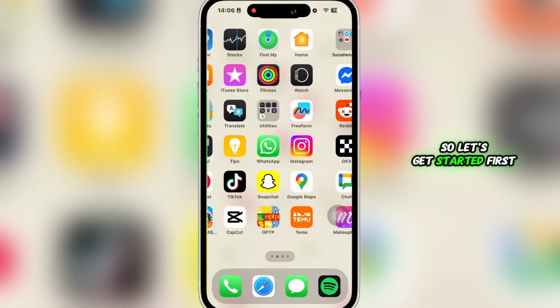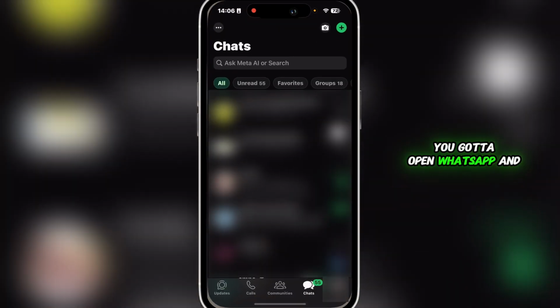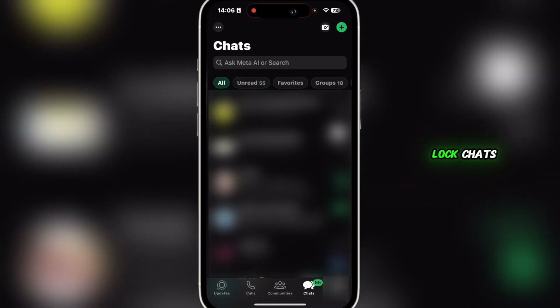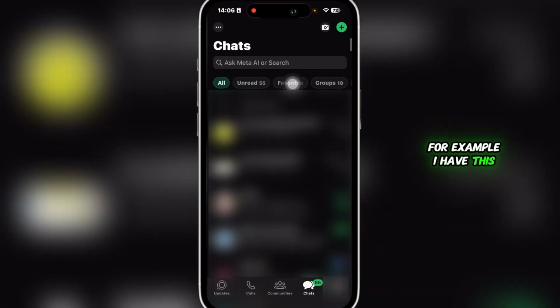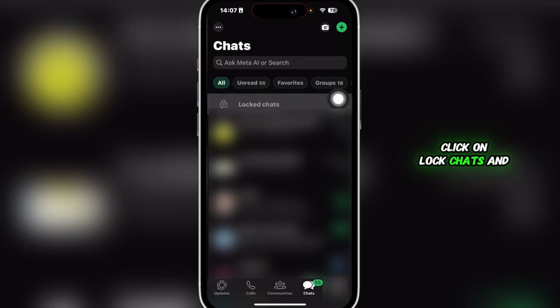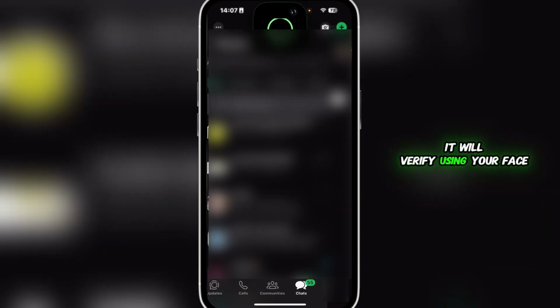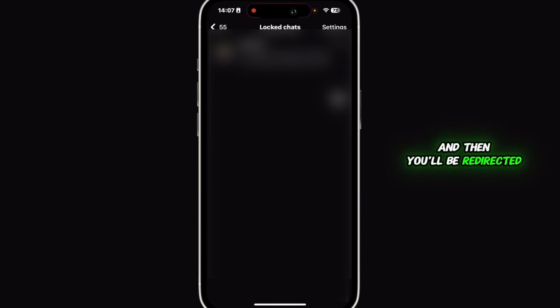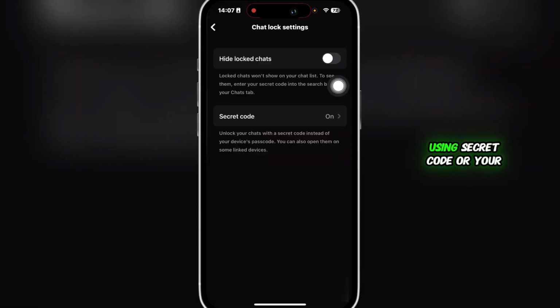So let's get started. First of all, you're going to open WhatsApp and let's say if you have any locked chats, for example, I have this over here, you'll be able to see this lock chats option. Click on lock chats and it will verify using your face and then you'll be redirected to all of your lock chats. And then you can see that you can either open the lock chats using secret code or your Face ID. But however, if your Face ID is not enabled and you have forgotten your secret code, then what